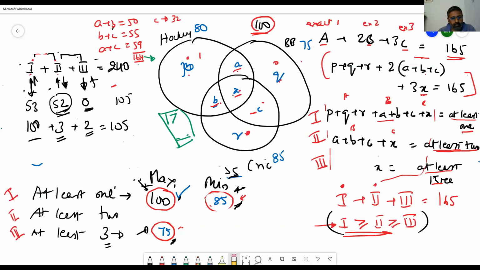So basically, when you put this 75, there is no guarantee that A union B union C will come to 100. I am assuming that A union B union C is not always equal to 100. When it is equal to 100, the calculation is much easier. We can use A plus B plus C. It is a much easier calculation, isn't it?